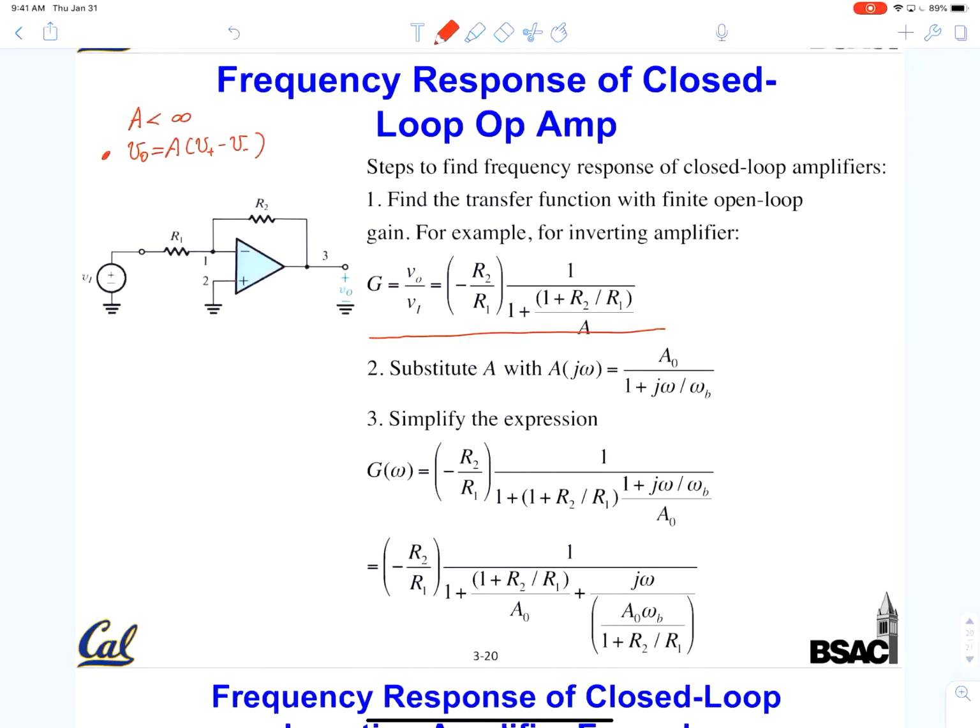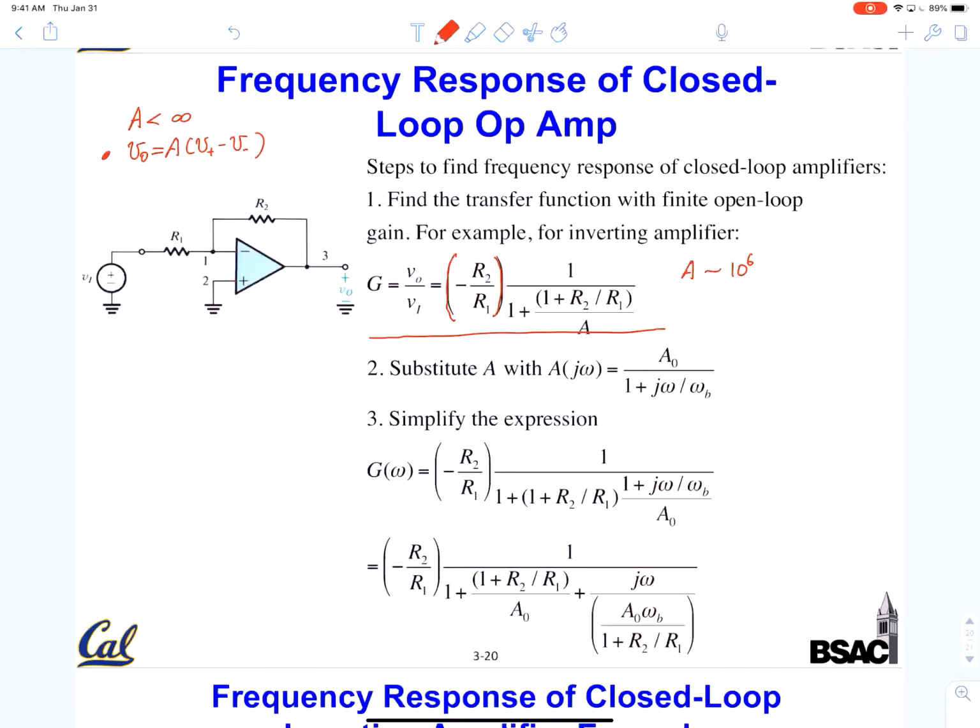And in addition to the same factor of the resistor ratio, R2 over R1, we now have this more precise correction factor, which is 1 plus this numerator divided by the open loop gain. Since the open loop gain is very large, it's not infinite, but you can usually think of it as something like a million. In this case, the second term in the denominator does reduce to 0, and will reduce to the ideal op-amp behavior. Now, to